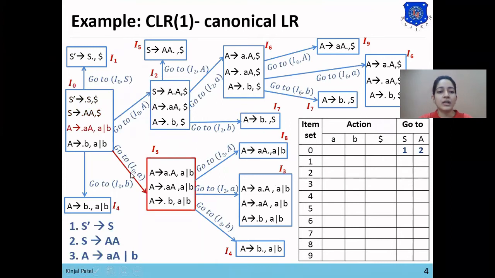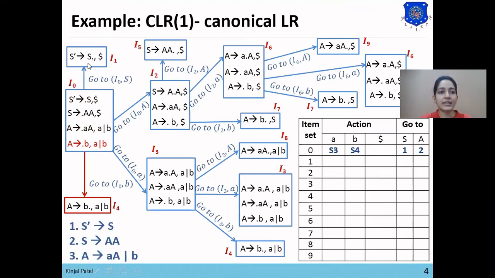Then goto(I0, a) equals I3, so from 0 on a we'll place S3, as a is a terminal symbol. Then goto(I0, B) equals I4, so from 0 on B we'll place S4. So all the entries of I0 have been made.